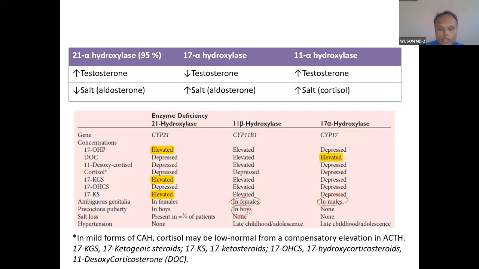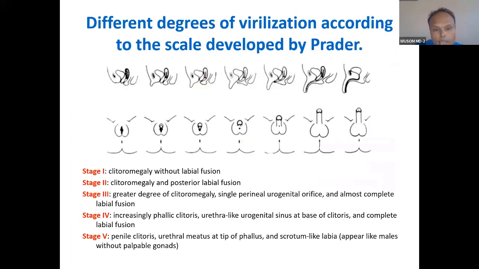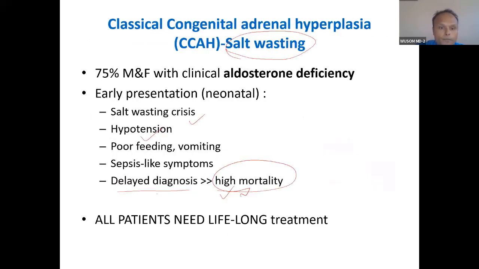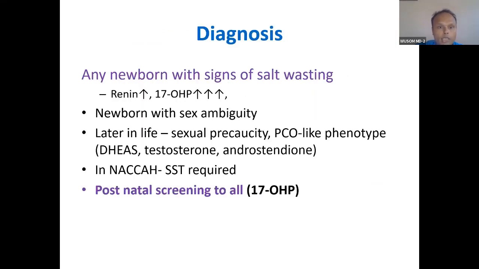Okay. Generally, ambiguity is not present. I told you, very benign type of problem will be there in such conditions. So diagnosis, sometimes people live without diagnosis. In adult age, the diagnosis happens, and based on severity, you will be able to diagnose earlier or later. Hypertension is the problem in non-classical.